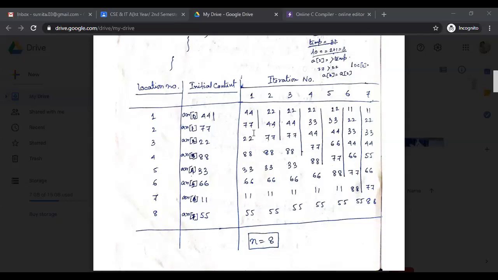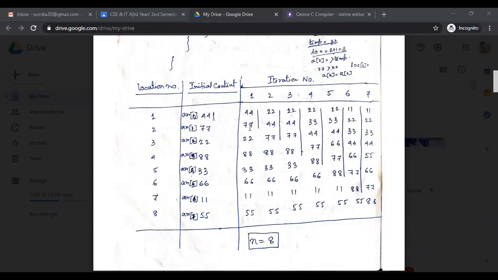But in the same iteration, 22 is compared with 44 also. The first comparison is between 2 and 1, I am talking about the index numbers, and next it is compared between 1 and 0.